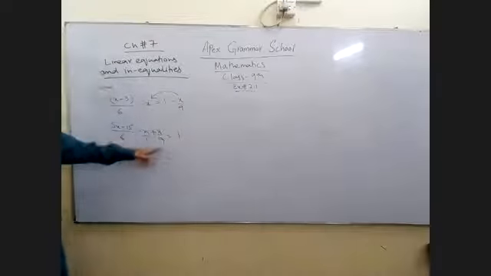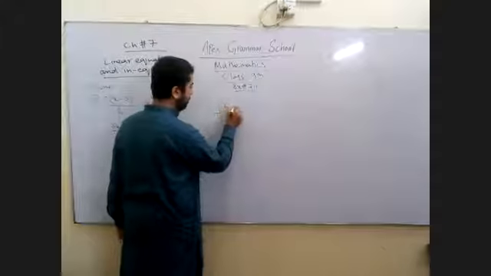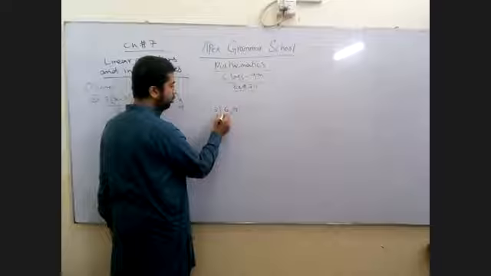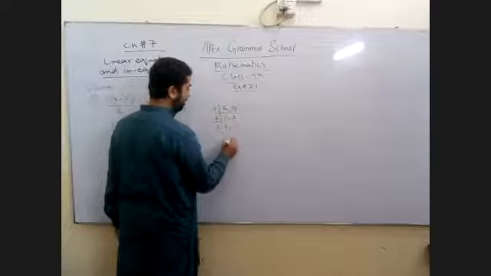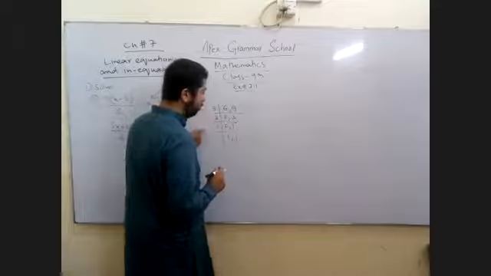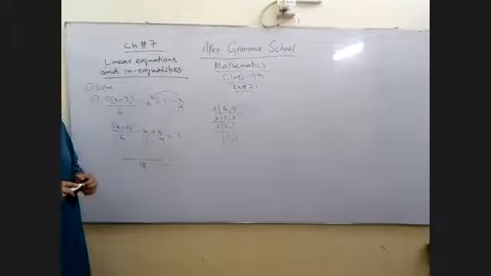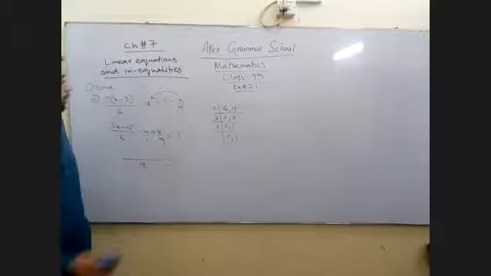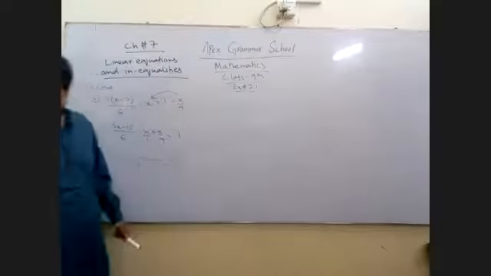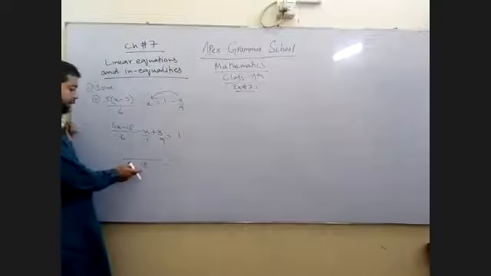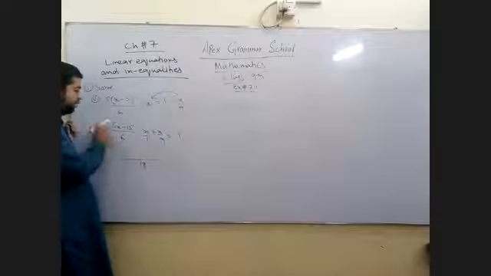LCM of 6 and 9. You can take the LCM of 6 and 9. 3 2s are 6, 3 3s are 9, 3 1s are 3, 2 1s are 2. 3 3s are 9, 9 2s are 18. So LCM must be 18 here. 18 divided by this 6. 6 3s are 18. So 3 multiplied by